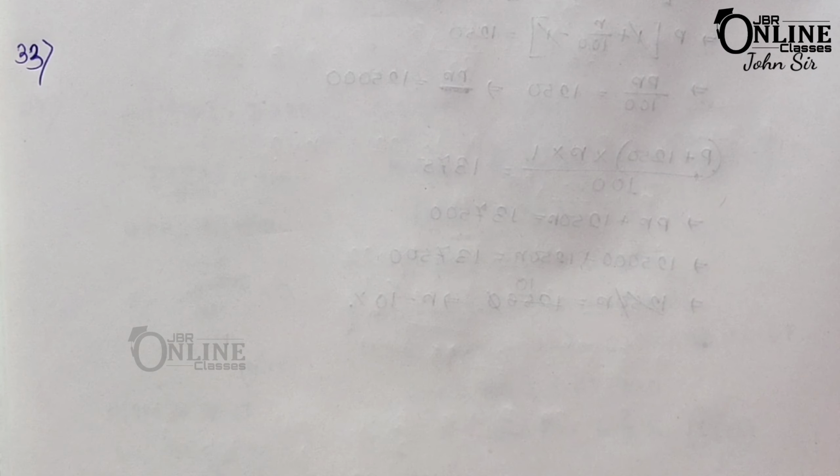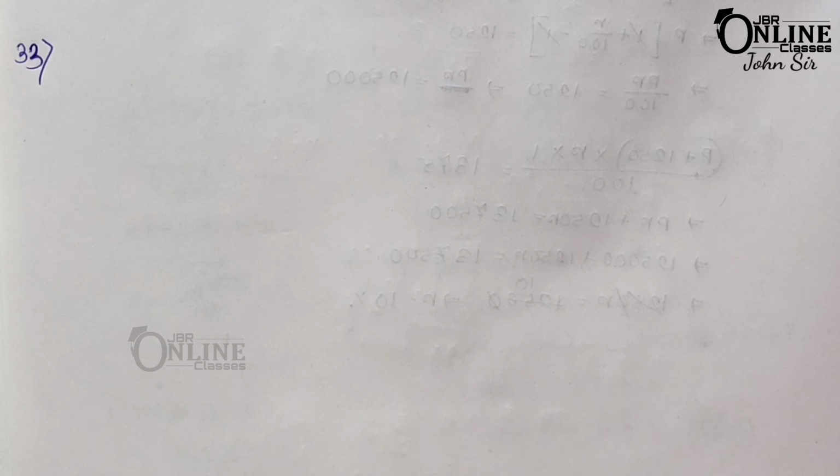So now sum number 32 is a very easy problem. First you have to find out the compound interest for 8000 compounded annually, and next you have to find the same compound interest by applying the semi annually formula. I hope you can solve it. So now sum number 33. Sum number 33 is a little bit the same kind of problem as sum number 32. So to solve sum number 32 you can take help from this sum.